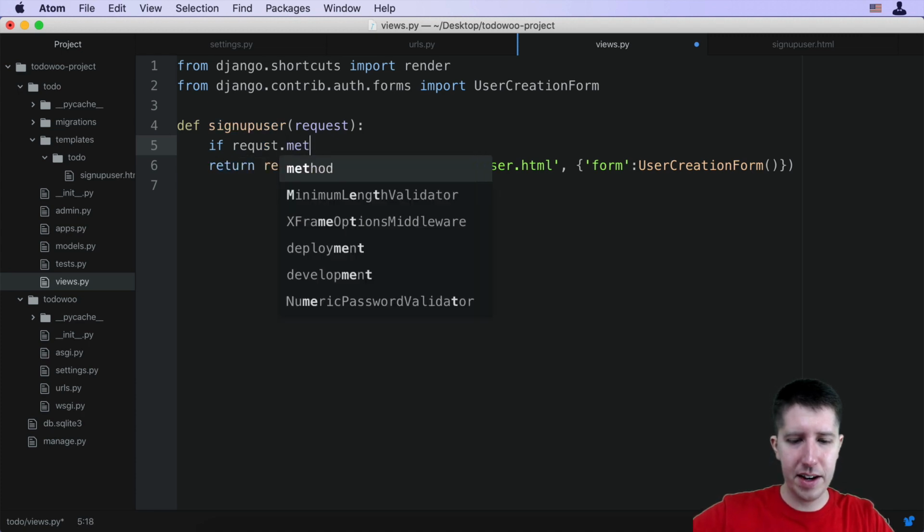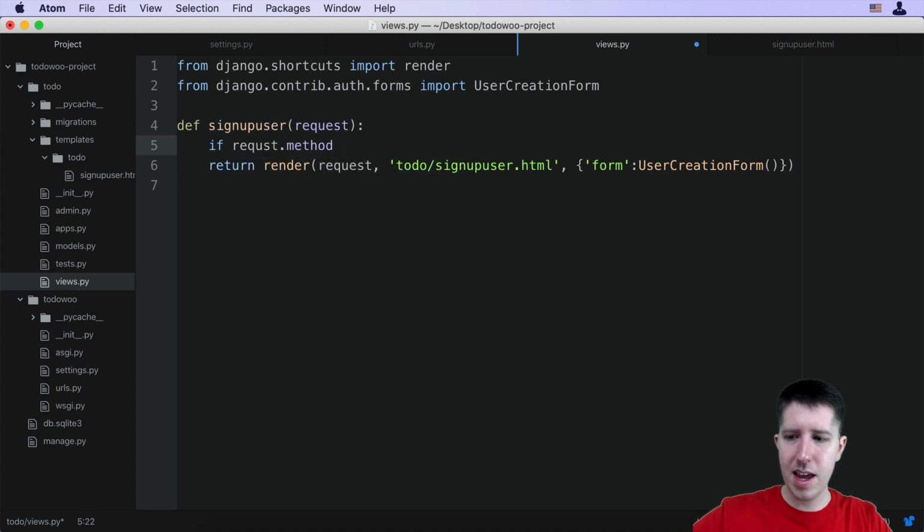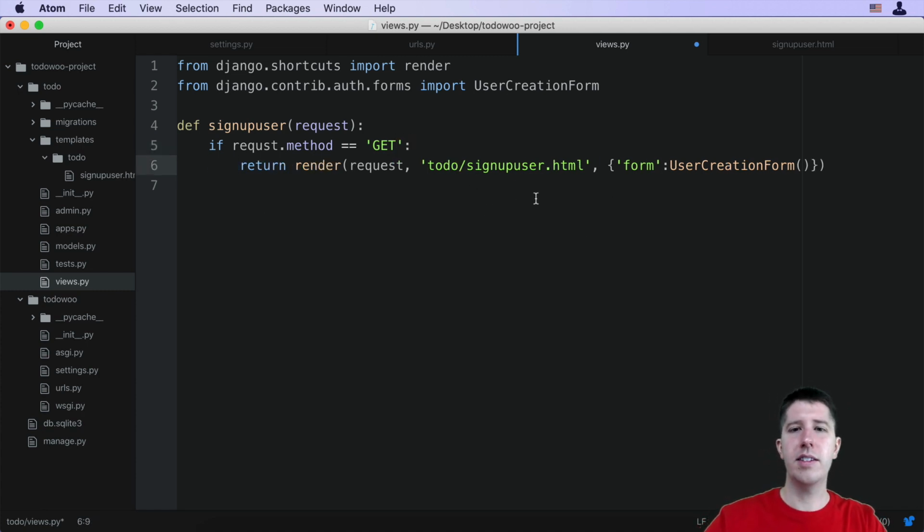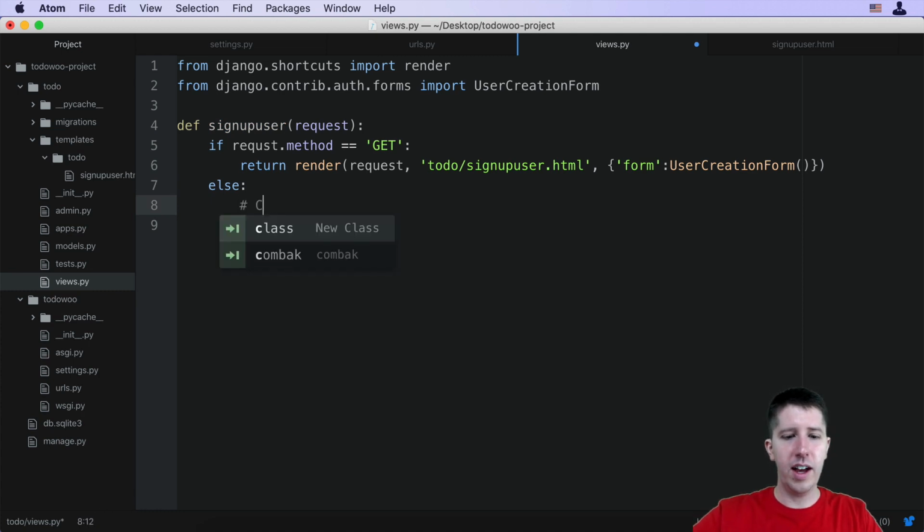dot method is equals, so we're checking to see if this is equal to all caps GET, then we want to do the following. In this case, we want to return the sign up page with the form and all that good stuff. The else part of this if statement is that this is where we would want to create